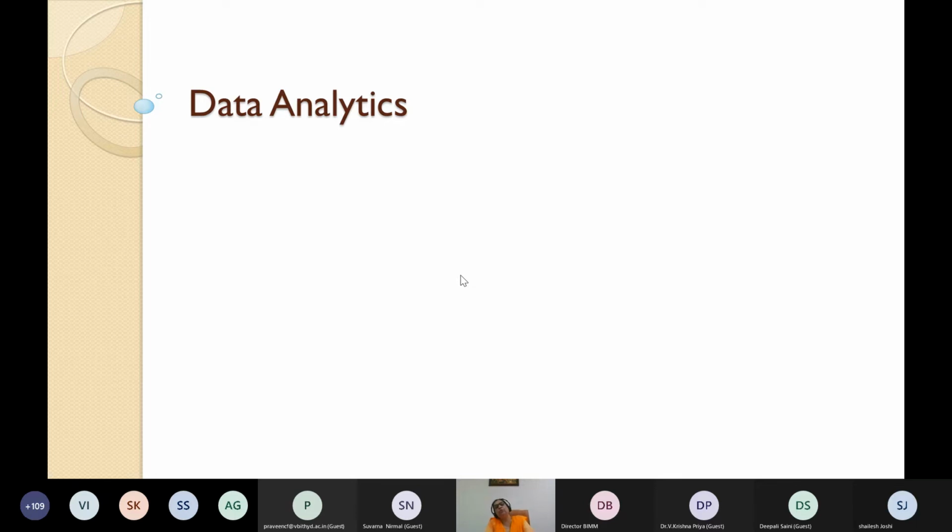So the first thing that has to be done, as I showed, is that some raw data is there. You have to go for data visualization first, wherein you prepare the data in the form of some visual index. For example, let's say there is some data, just a second.